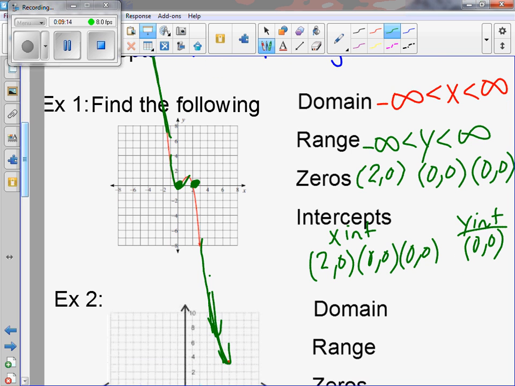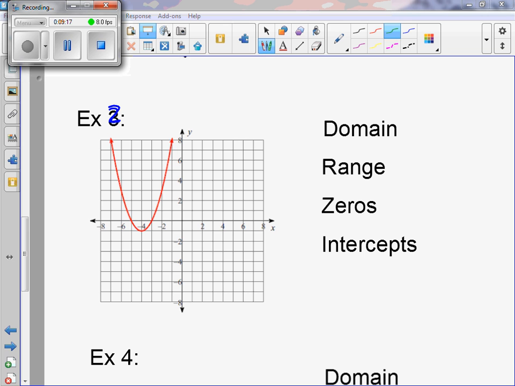Okay, we're just going to do one more example. This is example 2. So looking at our domain here, domain is how far left and how far right will the graph go. So here we have, it's going up to the left, up to the right. Imagine that these are going on forever and ever in those directions. So domain is how far left will this graph go? Well, it looks like as it's going up, it's going to go to the left. So when I'm reading this graph, I'm reading it from the left. You have to imagine that it's coming from negative infinity on the x values. And it'll continuously go to the right,